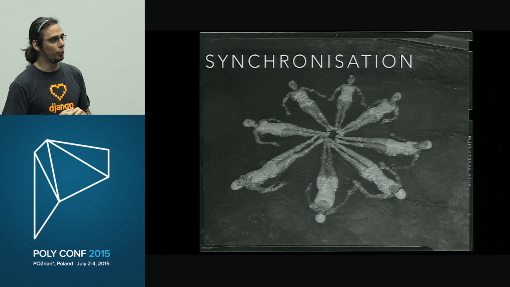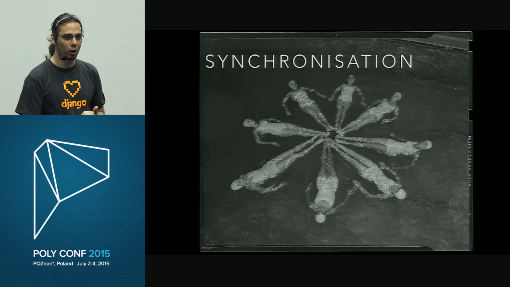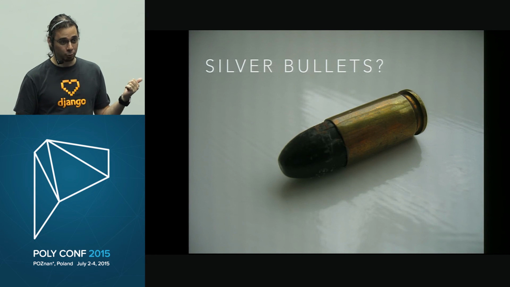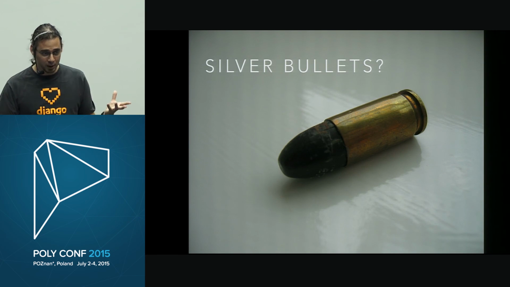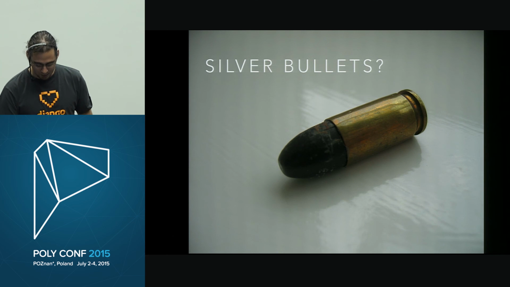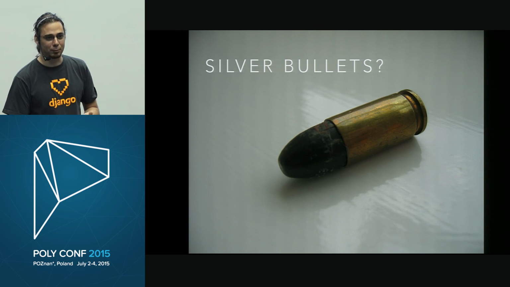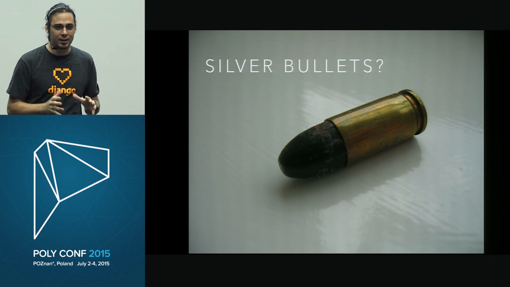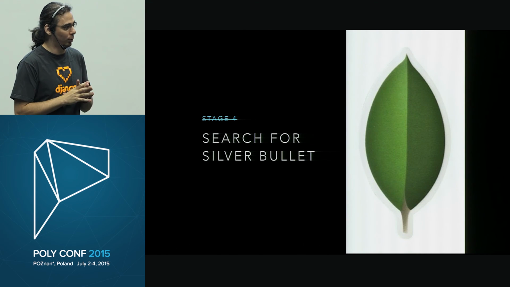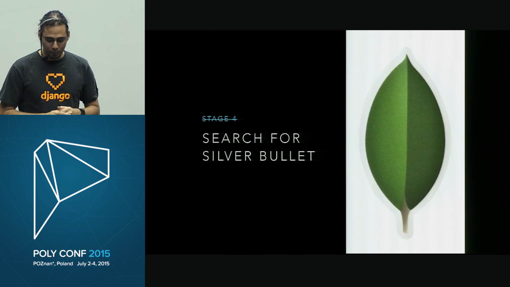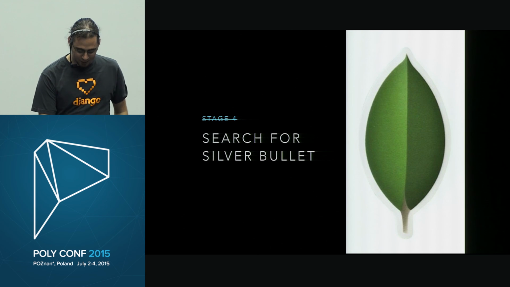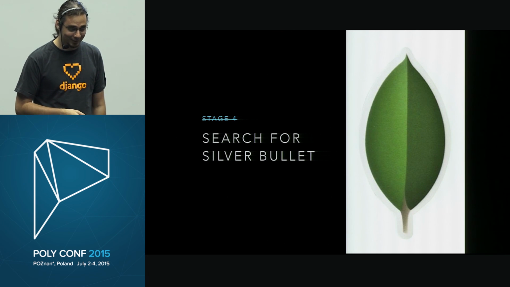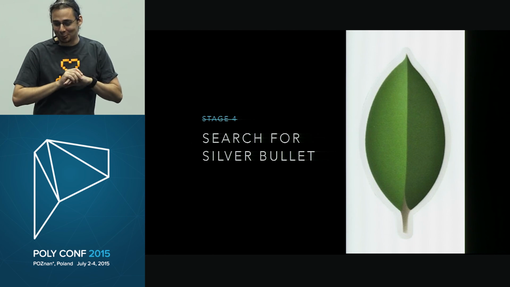And now we're coming to another common pitfall of developers, of what we like to do. The first one was just using generic tools because of the fear of commitment that we all have. The second one is we keep looking for silver bullets. Whenever I find a new technology, I'm so excited about it that I want to use it everywhere because I can see how it can solve all my problems. So I have here a failed stage 4 labeled the search for the silver bullet. The use of that logo is absolutely accidental.